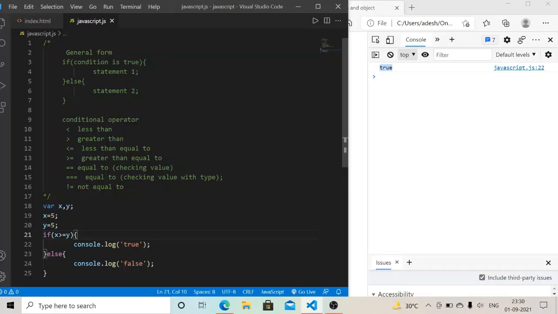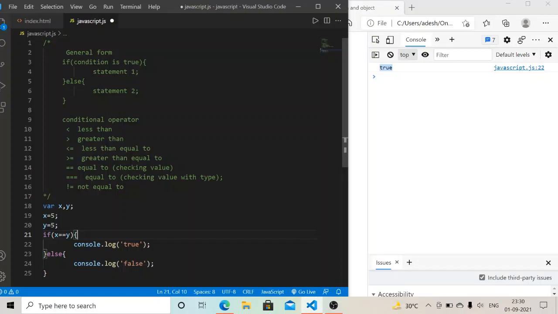Now our next conditional operator is equal to. Here you can see that equal to checks whether the value of x and y is equal or not. If you use the double equal to, it checks only the value, not what type of value it is.